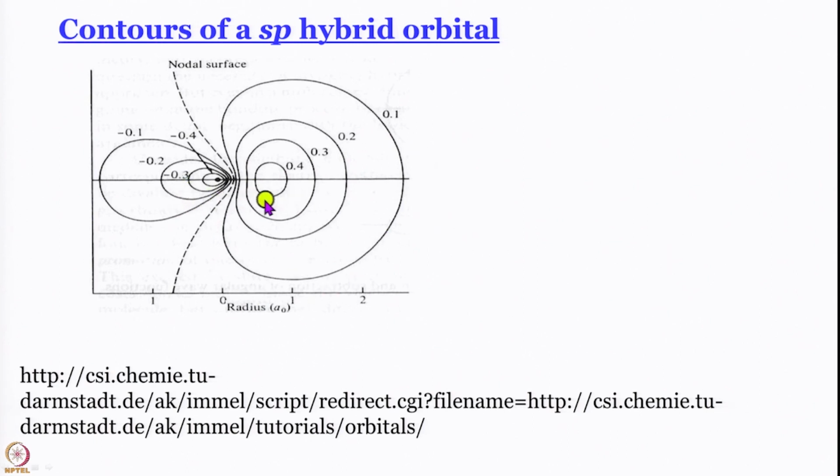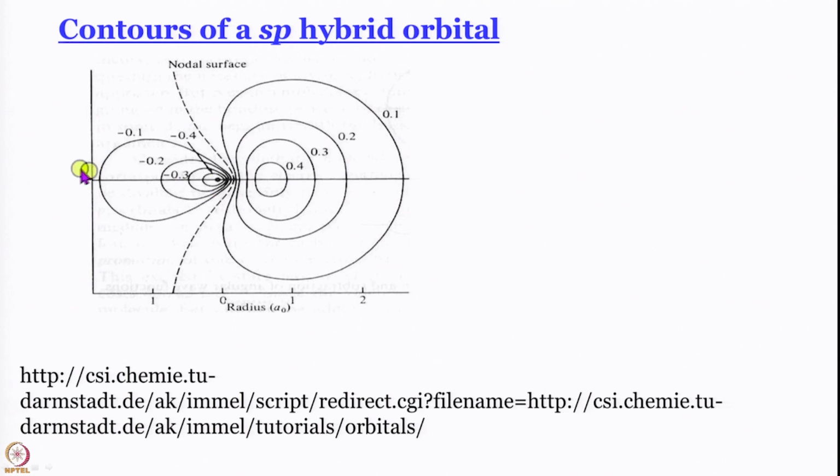What I did not discuss in the previous module is, just have a look at these numbers. Here of course it is 0, this is the nodal surface. Then let us start with the major lobe, this one is 0.1, these are all relative numbers, 0.2, 0.3, 0.4, and so here is the peak. This should not be difficult for you to understand because we have actually plotted in real time those hydrogen atom orbitals earlier and you have seen how these 3D shapes come and what contour lines are.